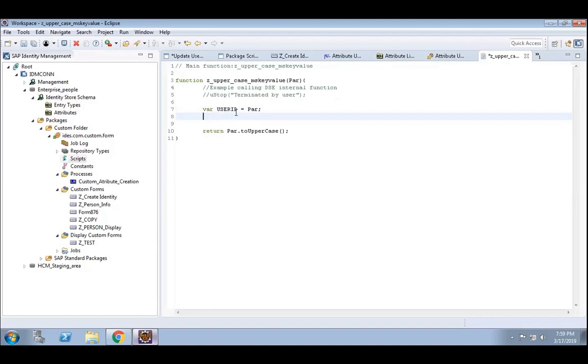In that SQL, user ID is equal to some uSelect function. Yes, I will be using the uSelect function.